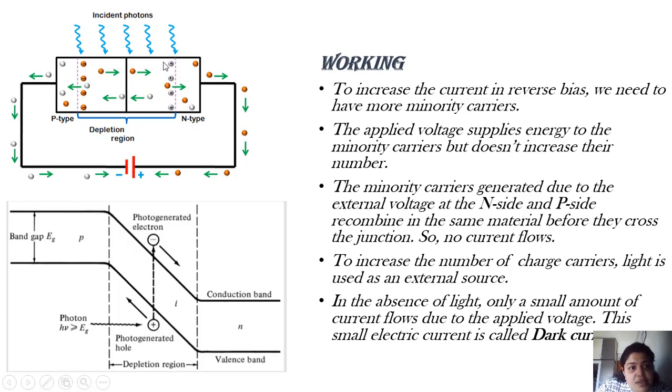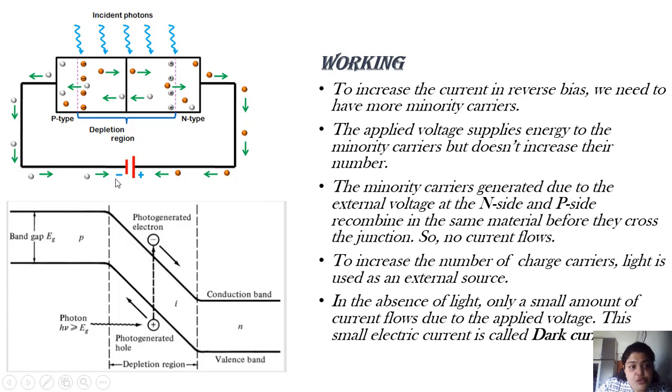Now on the N side there are many holes present. So before this electron crosses the depletion layer, it recombines with a hole. As a result, no electron from the P side will flow like this. So there will be no current, or you can say negligible current. Actually, in a photodiode, the majority of the recombination will take place inside the depletion layer if photons are not present. There are electrons moving towards the junction, but they are very, very few.